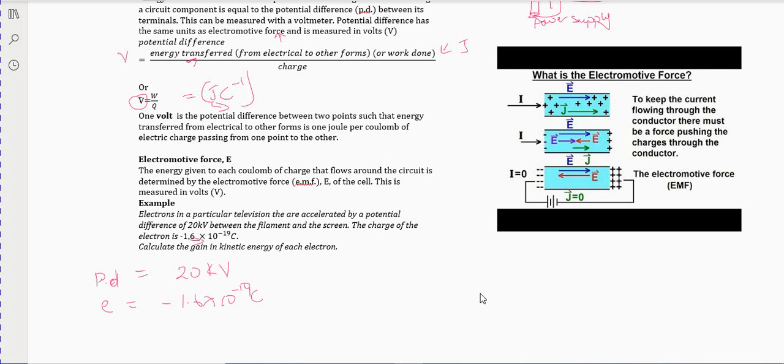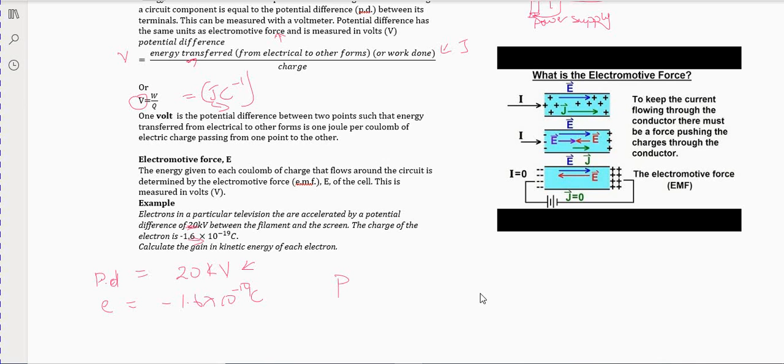So we know that between the filament and the screen, this is the amount of potential difference that is required to accelerate the electrons. So if I want to find out how much energy the electrons have, I would have to pull up